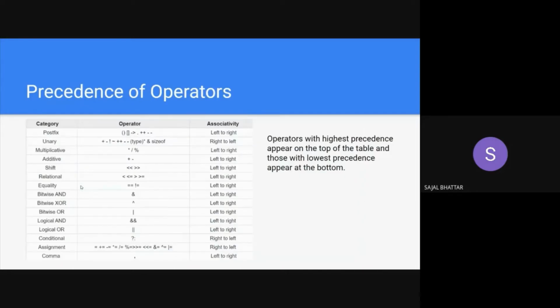Now, the precedence of operators is important, because suppose we have an expression with a lot of operators in it, and we don't know which operation we have to perform first. We've come across a similar situation while solving questions in mathematics, where we applied the BODMAS rule. Similarly, we have a table for the precedence of operators. So the operators with